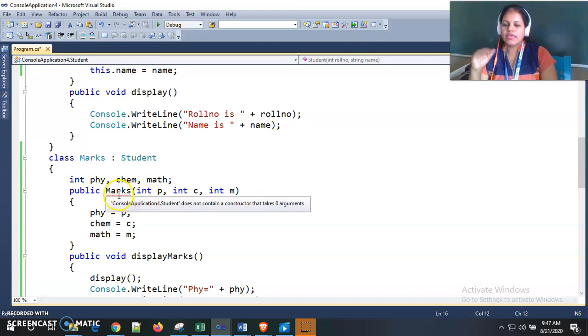Now it gives me an error like Student does not contain a constructor that takes 0 arguments.